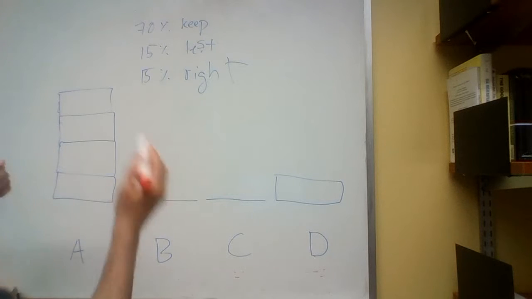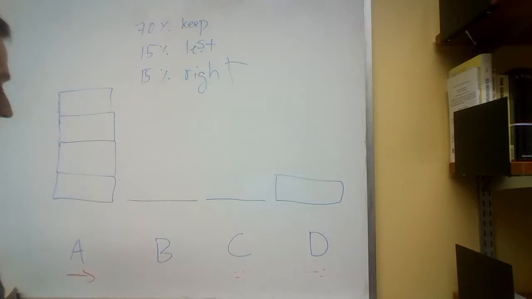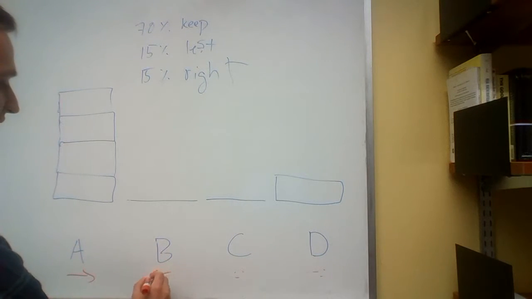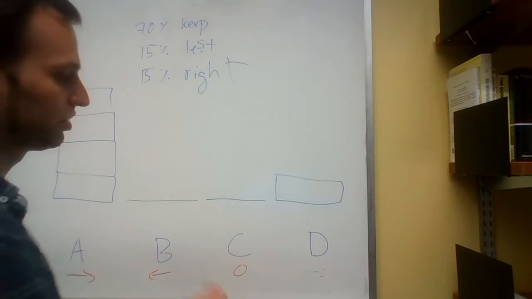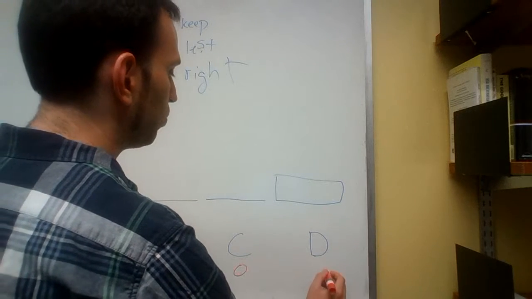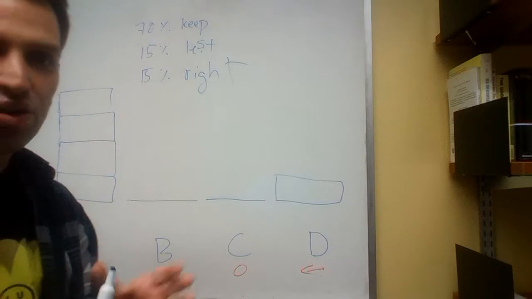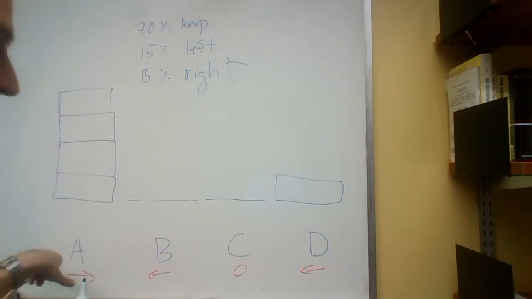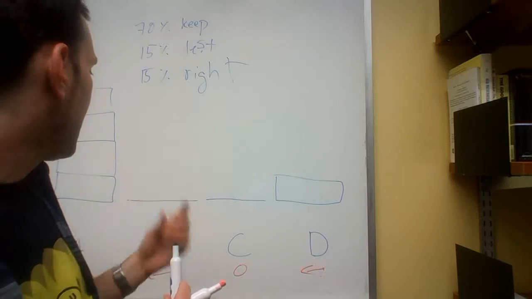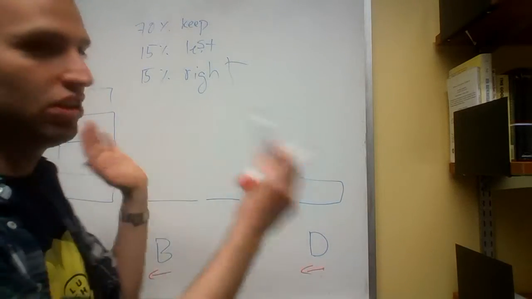So maybe this time A decides to pass the candy bar to the right. And B, it doesn't matter what B decides. Let's say that B says you're passing B's candy bar to the left. C decides to keep their non-existent candy bar, and D wants to pass their candy bar to the left this time. So now here's how we're going to decide to do this. So you might say, like A passes here, B passes here, which means that at the end, things should be the same, but we're going to say no because they all do the passing of the candy bars at the